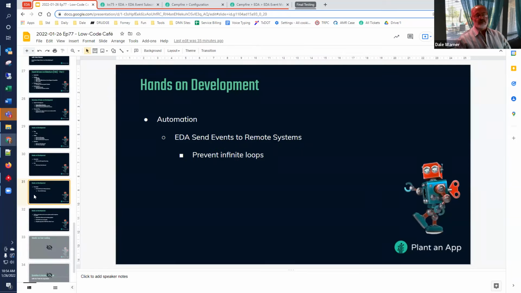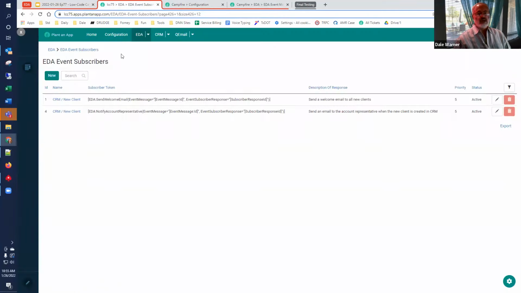After this session is over, I'll go ahead and add in some subscriptions so that when you get into the Campfire website, you'll be able to see it work. But let's add something fun so that we can see the inter-system communication. So going back to the system that we were working on last week,